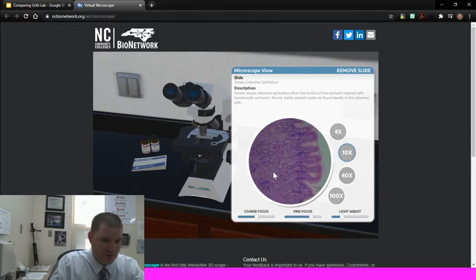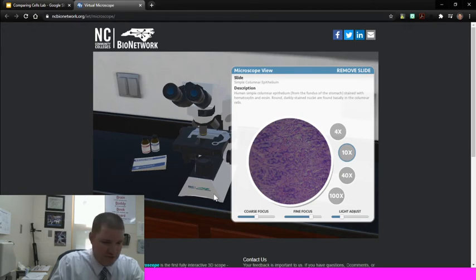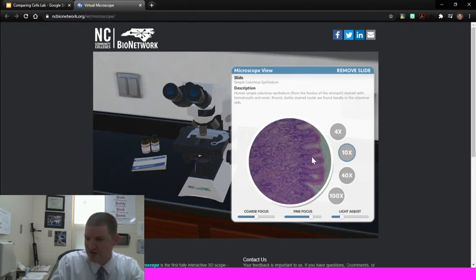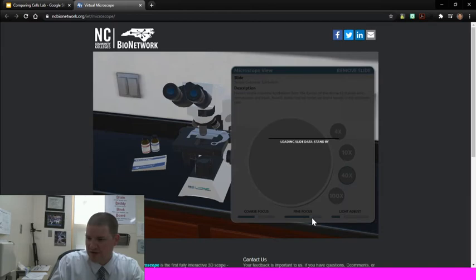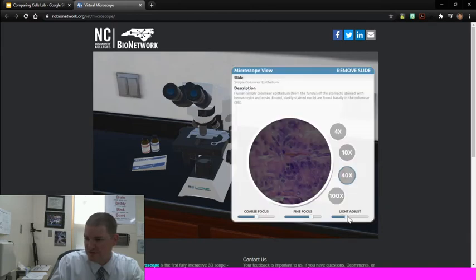If you want to move the slide around, all you gotta do is click and move on the actual picture, and you can get it more in the actual cells themselves, because yours might not be fully capable of doing it. Remember, if you need more light, give it more light. You can see the dark purple nuclei starting to come up. You take a picture of this one,